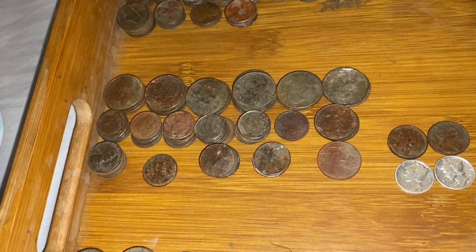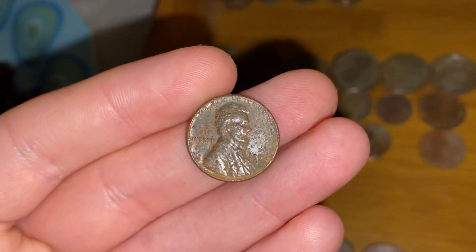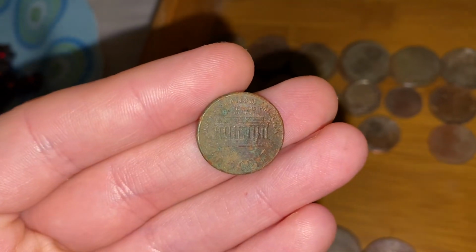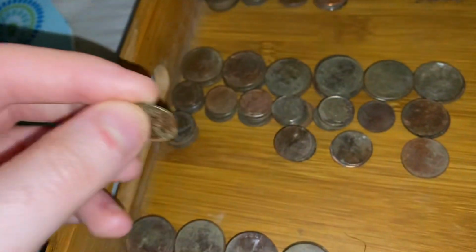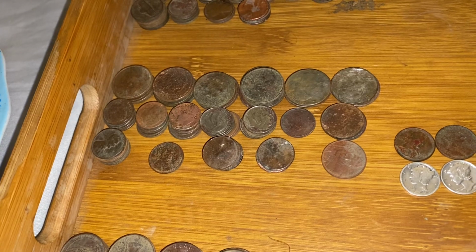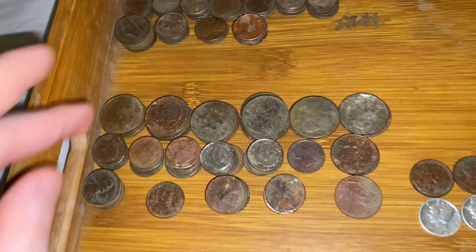Third day, $8.48. And I got a 1959D copper penny. That's 66 years old. I'm not saving my copper pennies until 2032, when the copper memorial turns 50 years old. That's when I'm going to keep them, because I know they're worth more than a penny to make. Like, they're worth about a nickel or almost a dime to make. But yeah, this